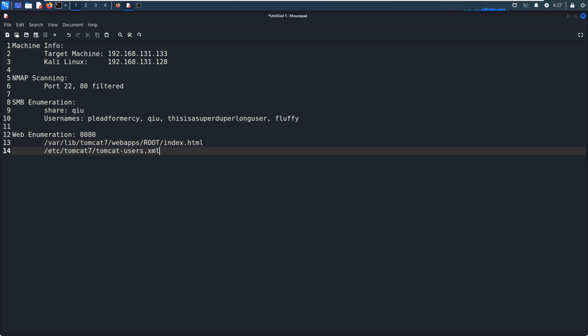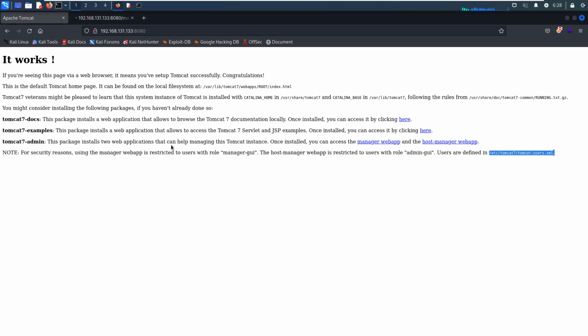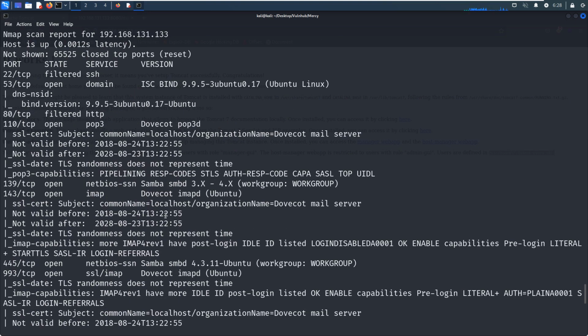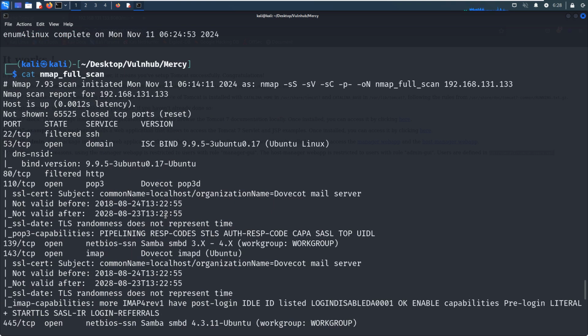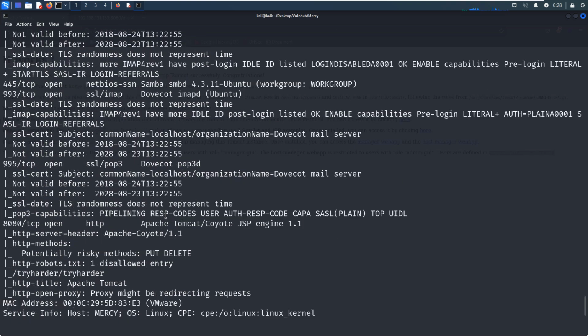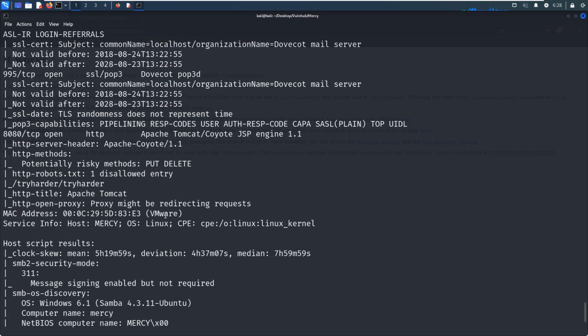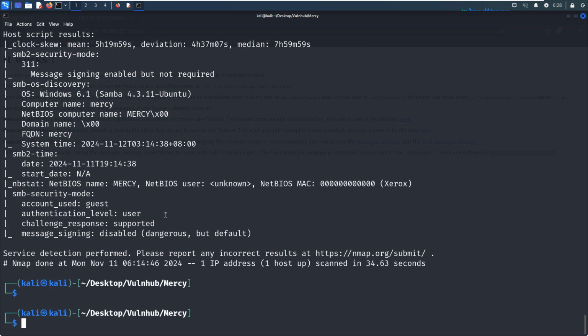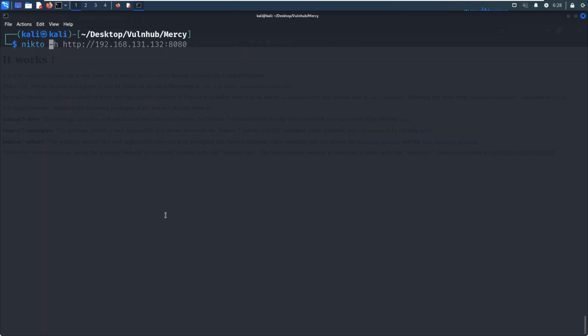So the users information would be in this file. So how to do next? Maybe we can try to run the Nikto with this application.